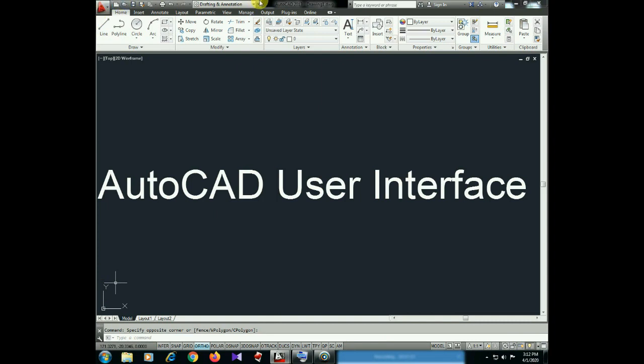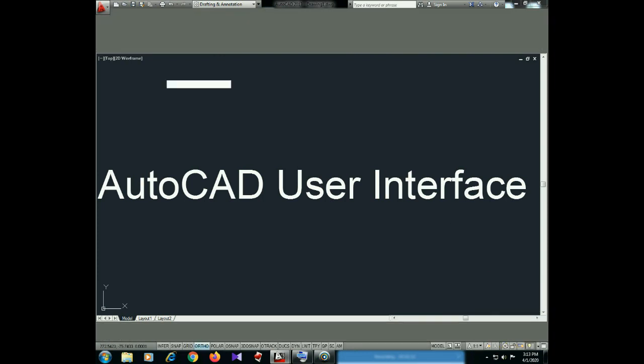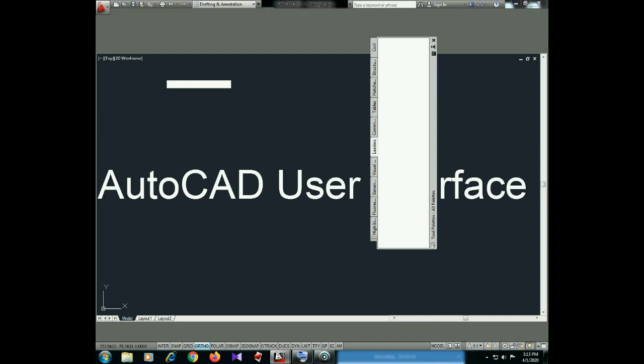Right now the screen you're seeing is the advanced screen. Suppose you want to go to a previous version screen, you can go to the quick access toolbar and find a button called Workspace here, or else you can go to the status bar, and towards the right you can see the same Workspace button. Either you can use it in the quick access toolbar or in the status bar. Click this button. You can jump to the previous version's user interface by clicking AutoCAD Classic, either here or in the quick access toolbar.